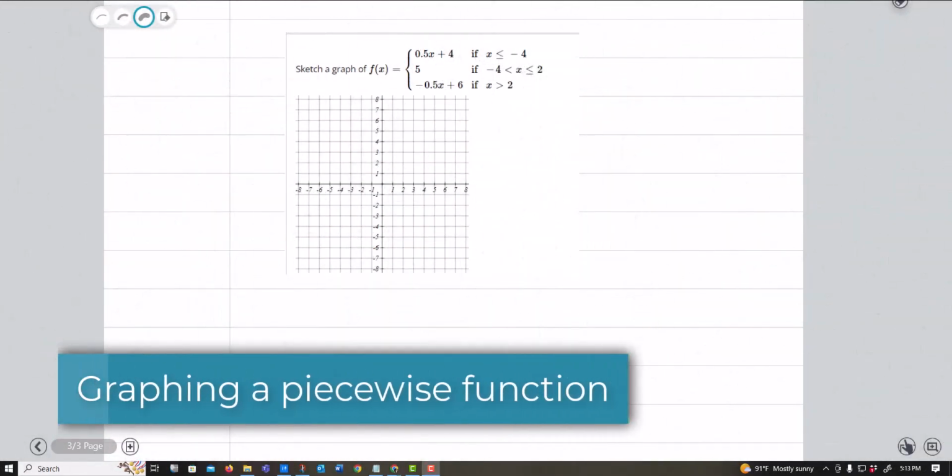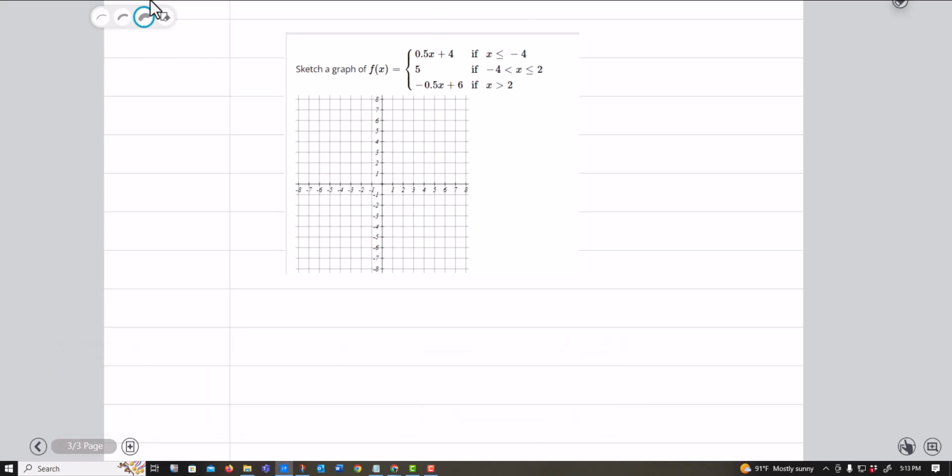Okay, this is like the last one that I did, the evaluate a piecewise function, but now there. Now this column is what you're going to draw on the graph dependent on these conditions. So this says if x is less than or equal to -4, I should draw that line. Well, what might be nice to do is plug in -4. So if I do 0.5 times -4, you'll see I get -2